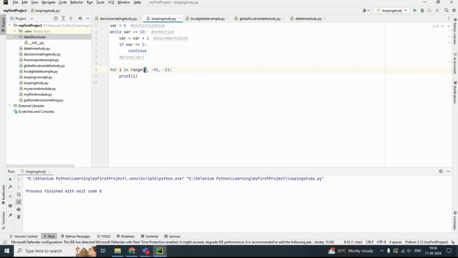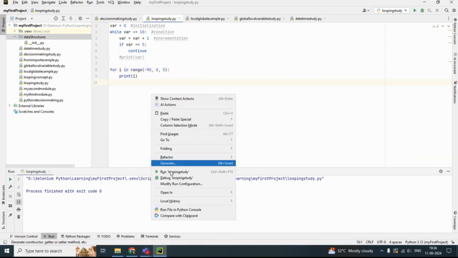Now, if I set it from -90 to 0, is it possible? Then we need plus 5 there, not minus 5. Then it's possible. Now, if I run,